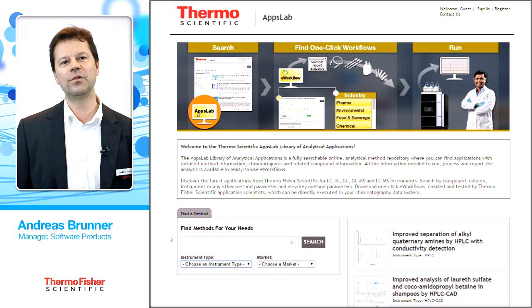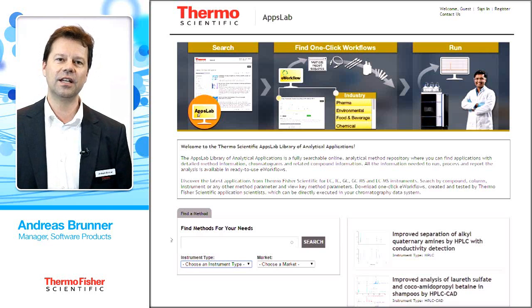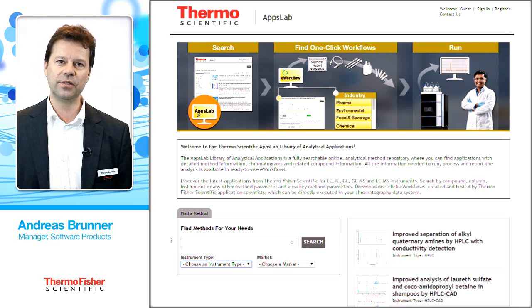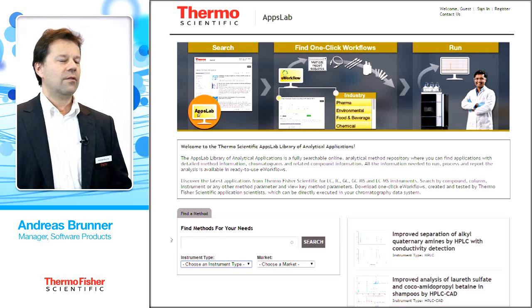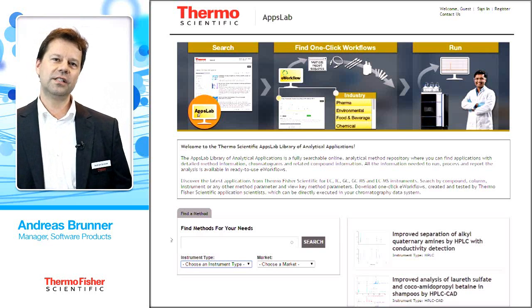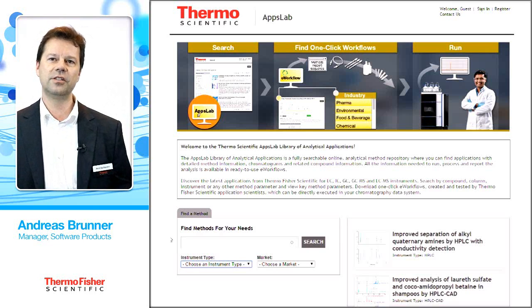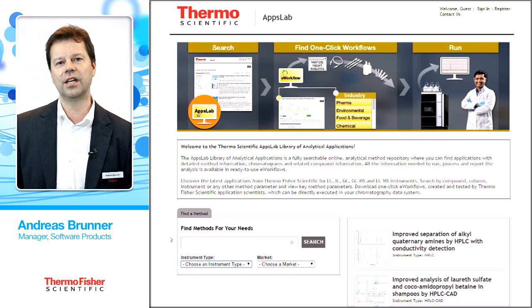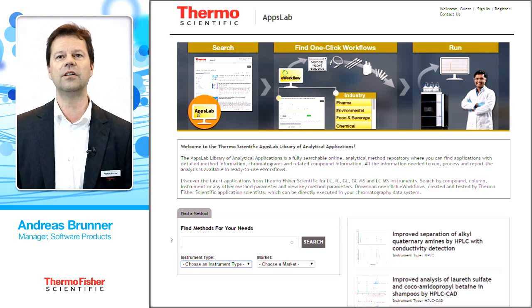I'm working for Thermo Fisher Scientific and I'm talking about AppsLab today, a new online application library that we launched at Pittcon 2015. What I'm going to show you today is how easy it is with the AppsLab library to get from your analytical challenge straight into an application that you can download straight from the application library into Chromeleon and run it